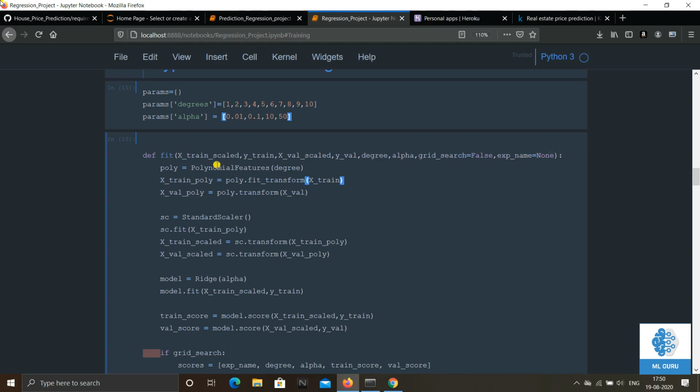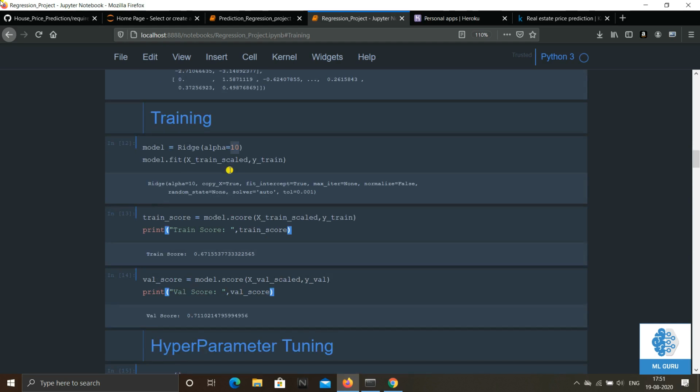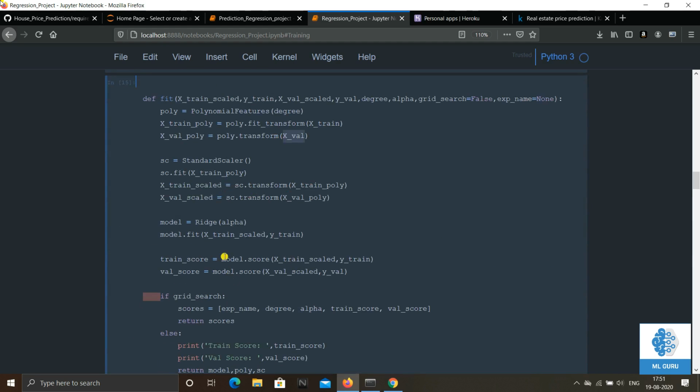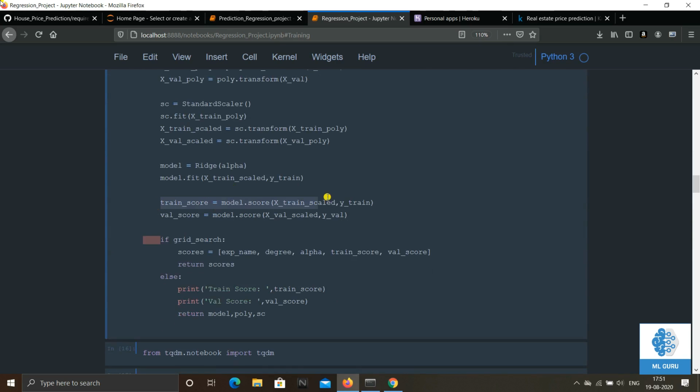So initially what we do, given the value of degree, we will create the polynomial features object, and then we will fit it on this x train and we'll transform the x val. These steps, all these steps are same as what we had done here. Okay, I'm just writing it inside this function. Then we do the standard scaling part, and then we fit the model, the ridge regression model, which takes the parameter alpha, which we give in the input. Next, it will calculate the training score, it will calculate the validation score,